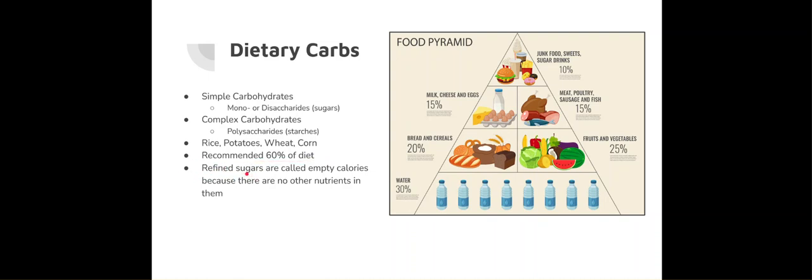Refined sugars, though, are called empty calories because you get no nutrients out of those other than just the energy from the sugar. So if you eat refined sugar, it will just give you an energy boost, right? That's where kids eat too much sugar, they get hyper. But they're totally empty because all it is is energy. There's no nutritional value other than that. Whereas your other carbohydrates will break down and give you other nutrients that your body needs.